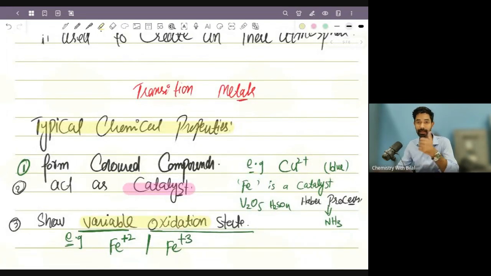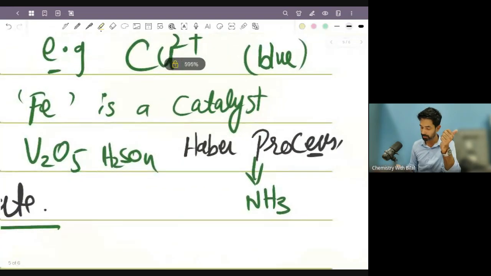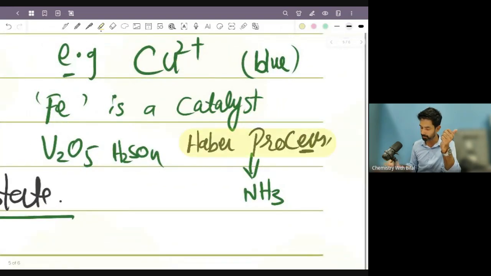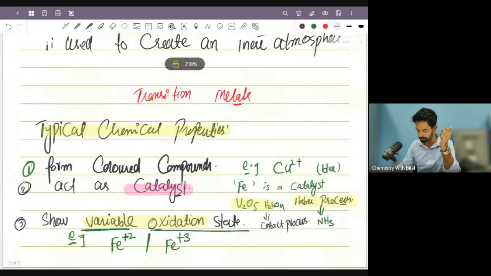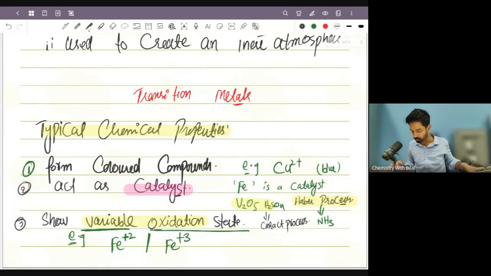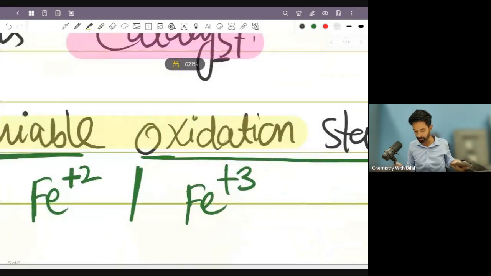Number 2, they act as catalysts. For example, iron is a transition metal. It is a catalyst in the Haber process, and vanadium is a catalyst in the contact process, in which we make sulfuric acid. Right? And the third property is they show variable oxidation states, which means the same element can form different charges, which